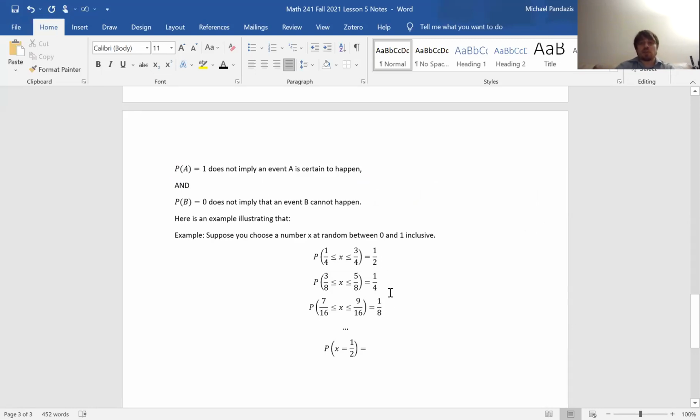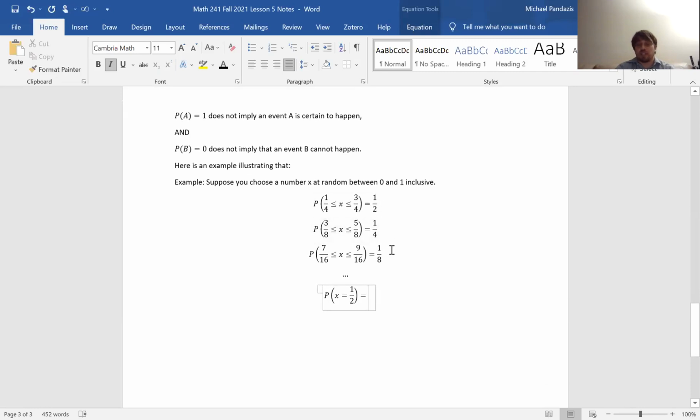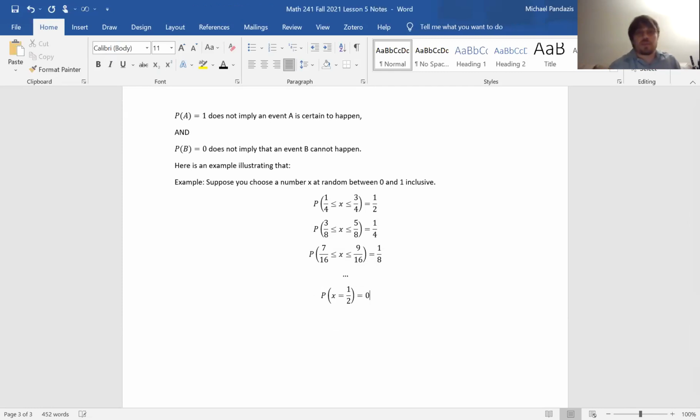But if it's at most all of them and all of these are always halved, then the probability of x equals 1/2 cannot be positive. Okay, no matter what probability, if we assumed this was any positive probability, I could just follow this process, which is repeated infinitely, until I have 1 over such a large number that this probability would be smaller than the one I assigned to the probability of x equals 1/2. And so then that would contradict whatever positive probability I assigned to it. So the probability of x equals 1/2 is 0. Okay, it has to be 0